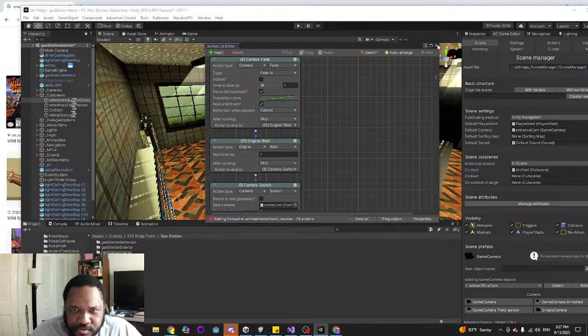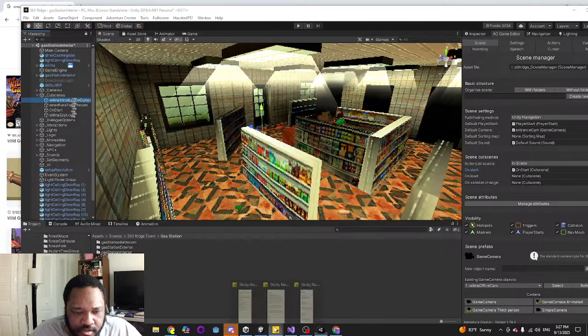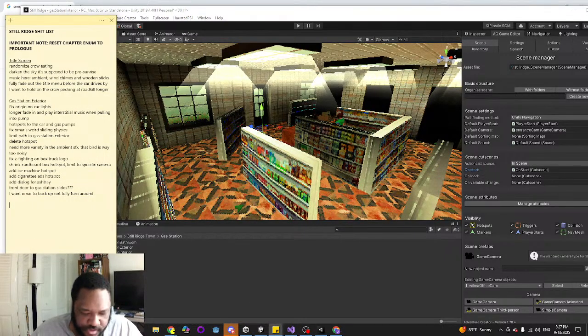Okay, so this should run. Let me bring up my hit list, or my shit list. Gas station interior.